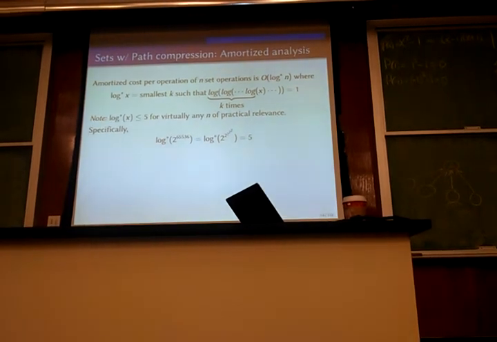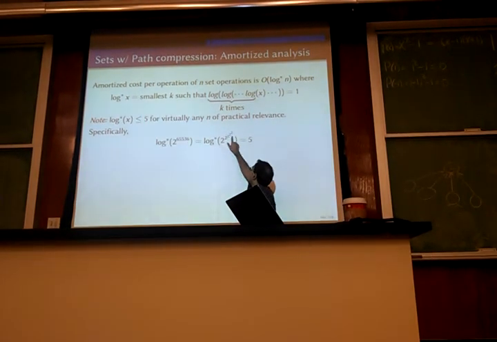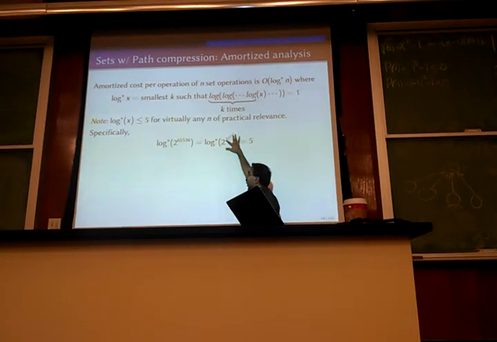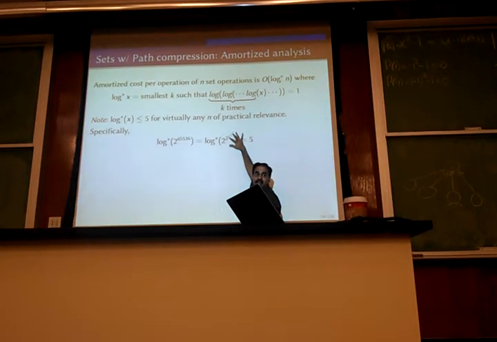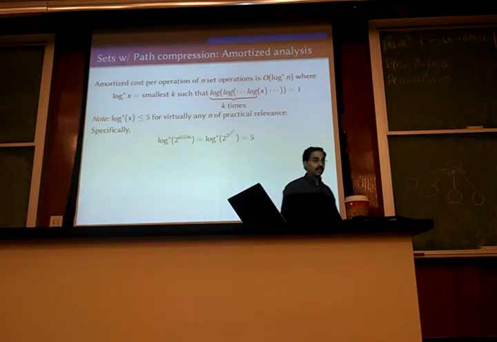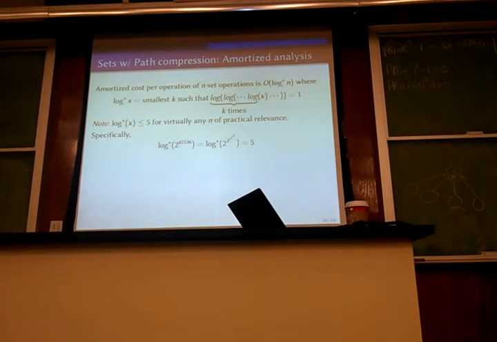So when you take log on this, if you take the log once, you'll just get the exponent. If you do the log of that, then you get these 3, and if you take the log once more, you get these 2. And if you do it once more, you get that 2. And then finally, if you take the log of that 2, you get 1. So the point is that if you take,